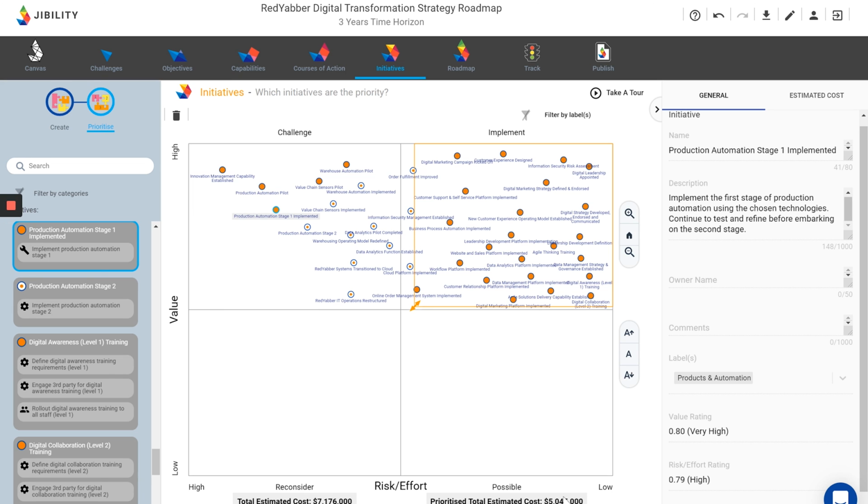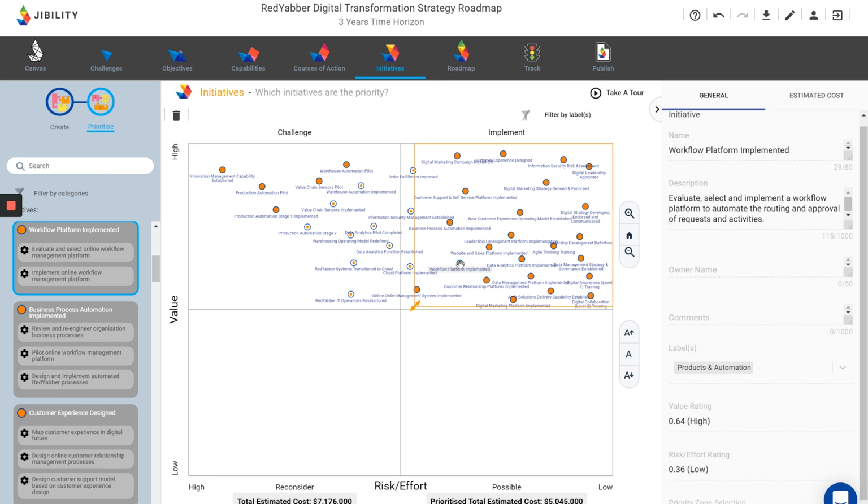$5.045 million. This is great because this is a conversation you can have with your stakeholders to say, we've included that, but now we've nudged it slightly higher than $5 million. Are you okay with that? Or do we need to do a trade-off conversation to say, do we need to drop something else out? And again, you can do that by selecting an initiative in here,